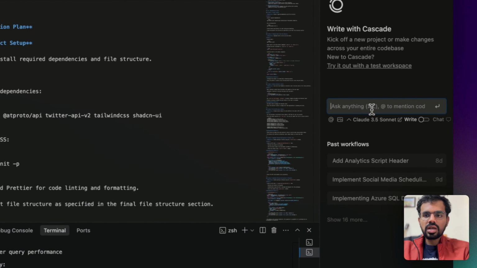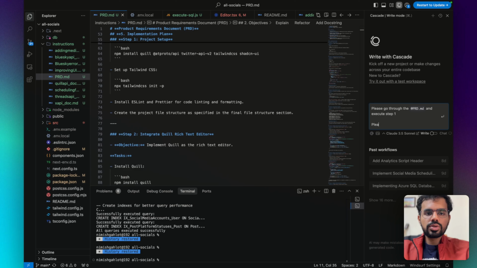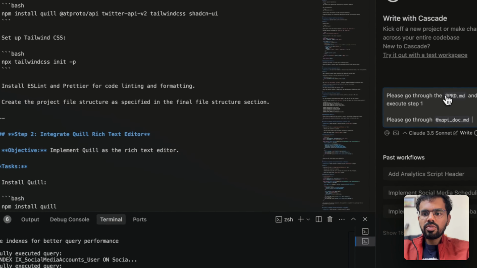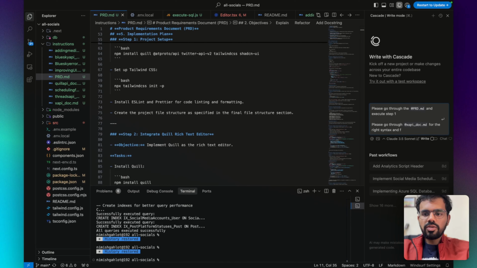For example, if the step involves creating the required database for the app, then you should mention it over here that please go through the database documentation. In my case, if I'm building any functionality with X's API, then I will mention, please go through the X API doc for the right syntax. And if I also want my UI guidelines to be implemented on that specific step, then I can also do that.